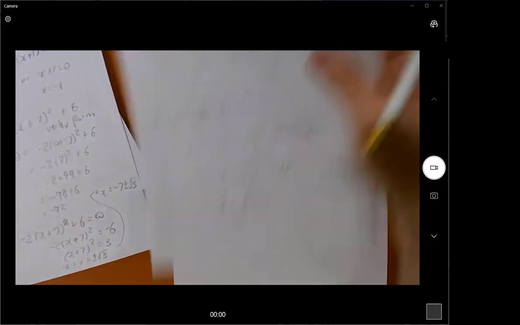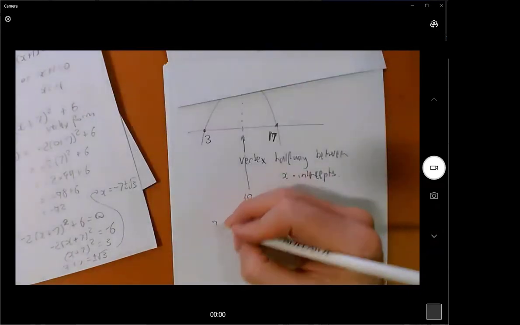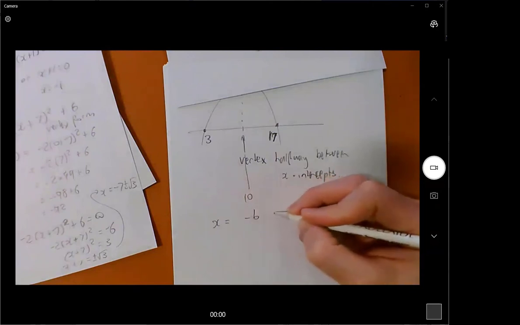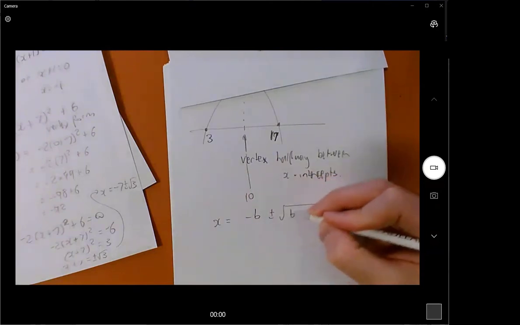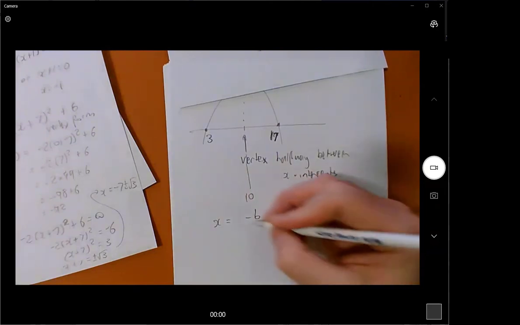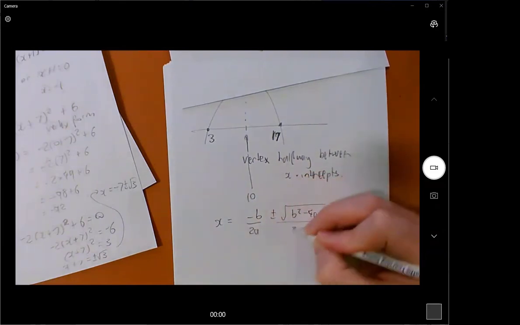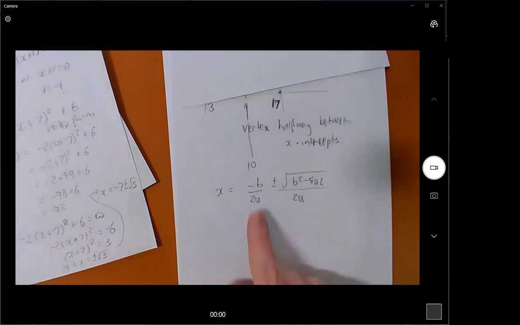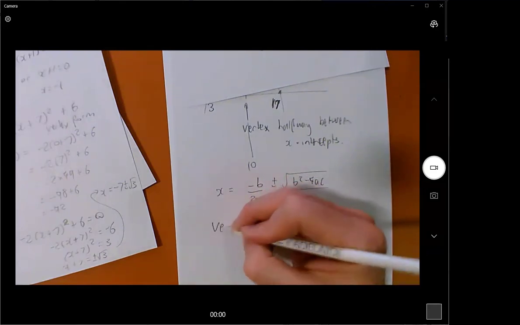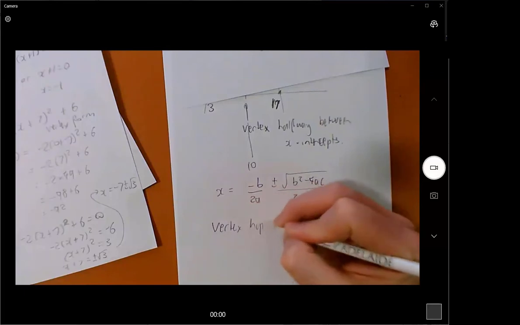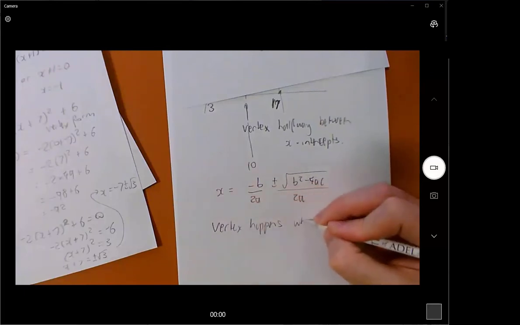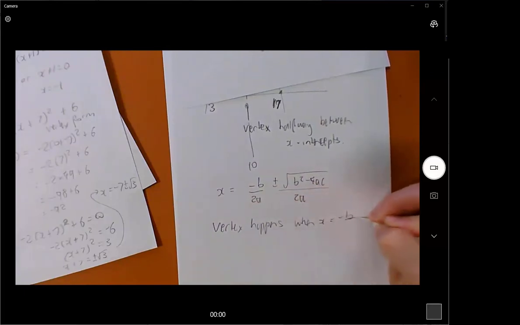So if you've got minus b plus or minus the square root of b squared minus 4ac, and I divide by 2a each piece separately, which you're allowed to do, then the x-intercepts are minus b on 2a plus a bit and minus b on 2a minus a bit. So this must be in the middle. And so the vertex happens when x equals minus b on 2a,